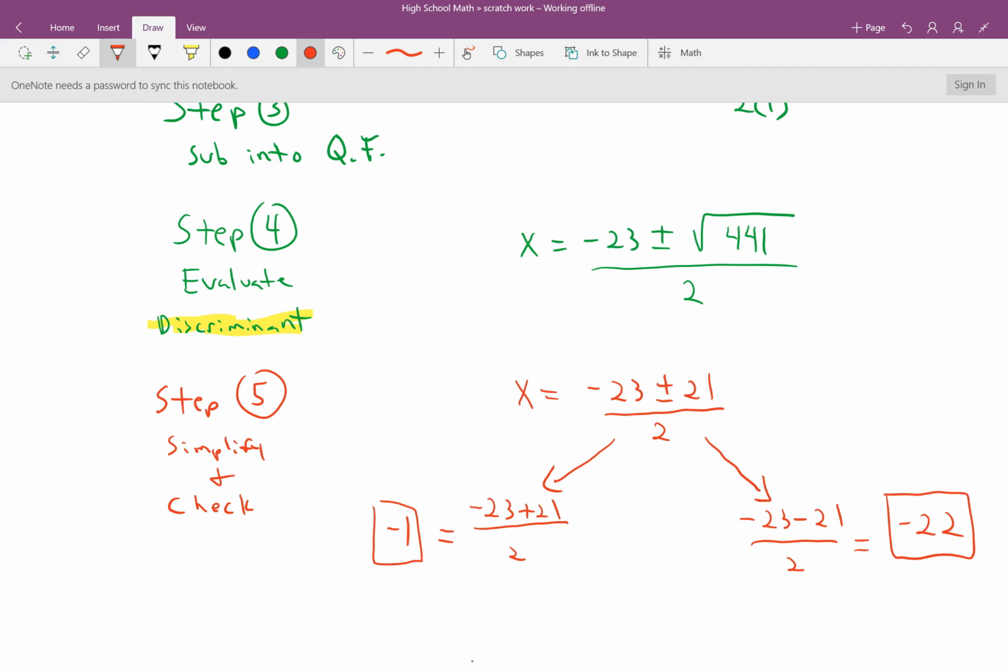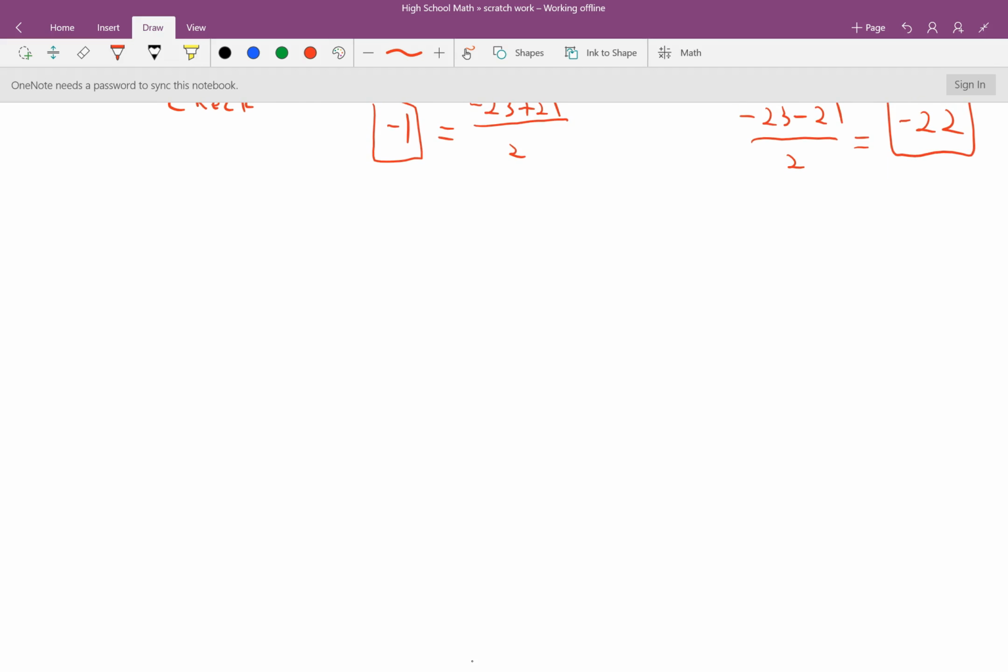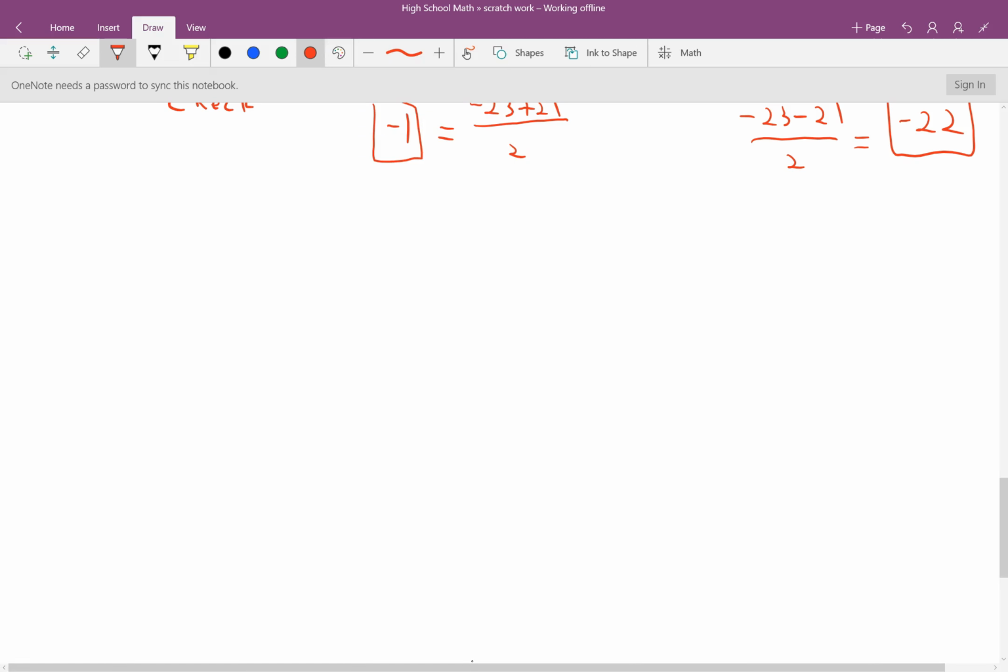Okay, last method, this new method, completing the square. Let's go back to one of those fancy colors. That one. Let's go a little thicker stroke. Completing